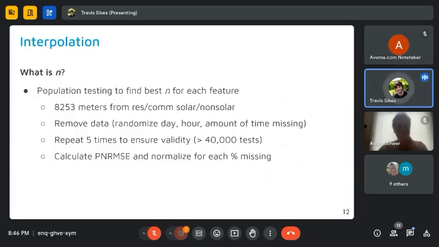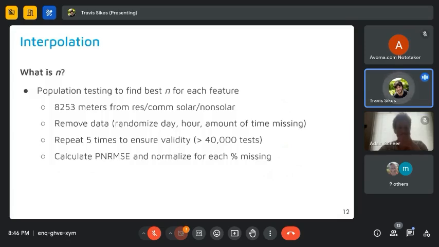I believe the amount of time missing is pulled from an exponential or log normal distribution. I can't remember. It doesn't really matter. Point being, a low number of hours is more likely because, if you have missing data, it's more likely to be an hour or two as opposed to days. But days does happen, so we want to also incorporate that as well.